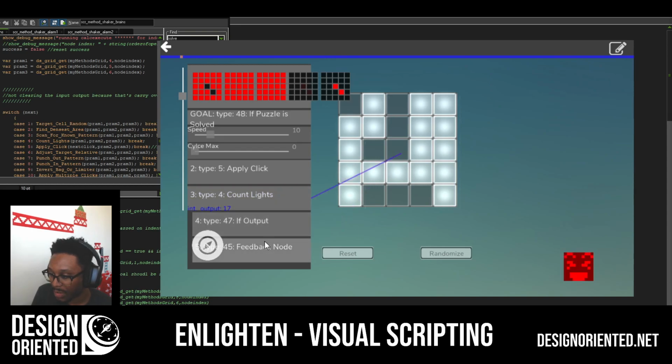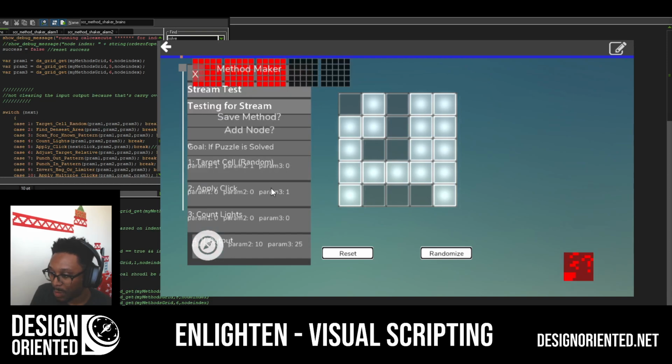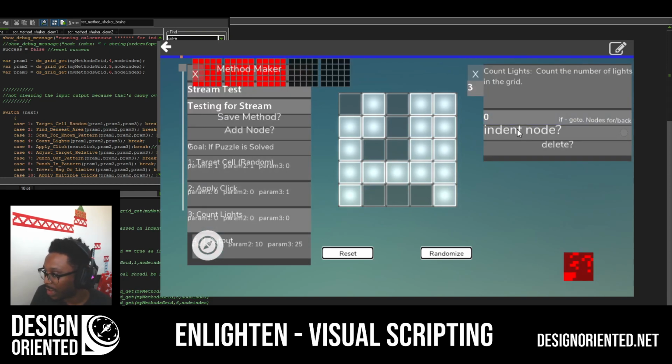The lights. If output, feedback. So edit. Count the lights is working. If node. If go to nodes for back. So let's just say